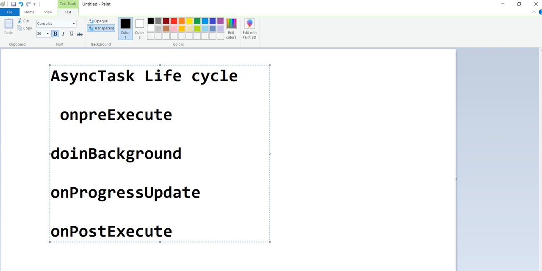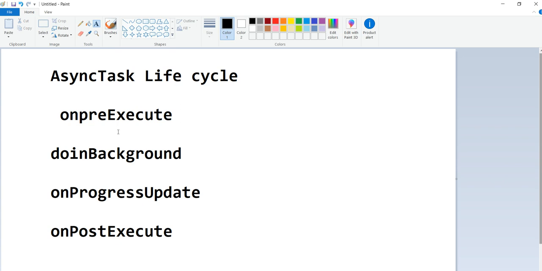But what can these methods do here? See, one by one we'll go through now.